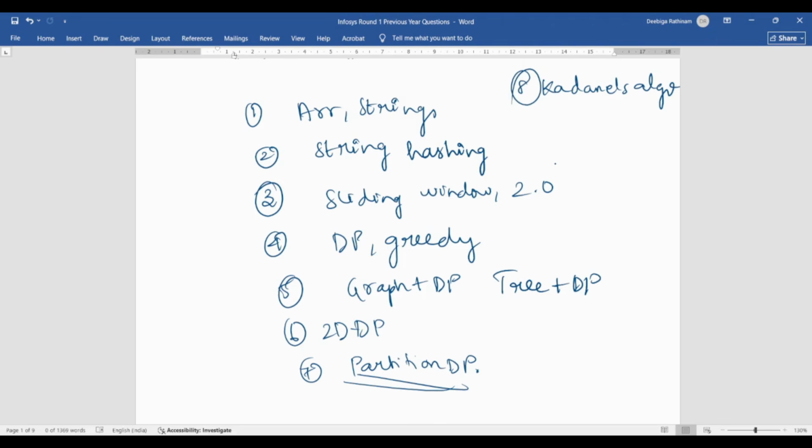So this was a mix of Hack with Infosys and off-campus hiring as well, but mostly Hack with Infosys. It's really difficult, Hack with Infosys is. But in off-campus, you won't get such difficult level problems, I assume. So yes, I've analyzed, and these are all the topics that you can expect for round 1. And for round 2 as well, it's pretty much the same.